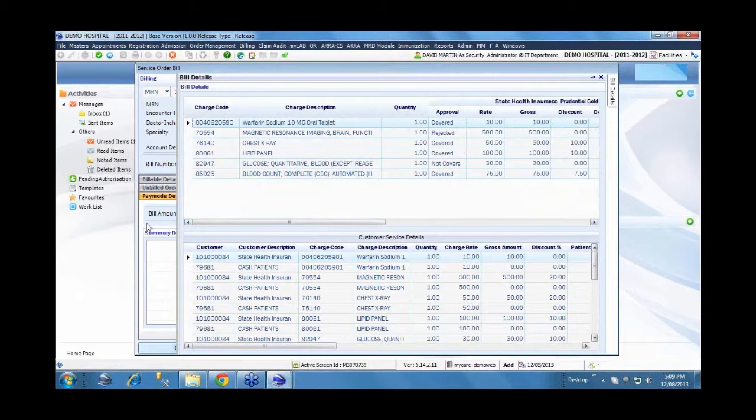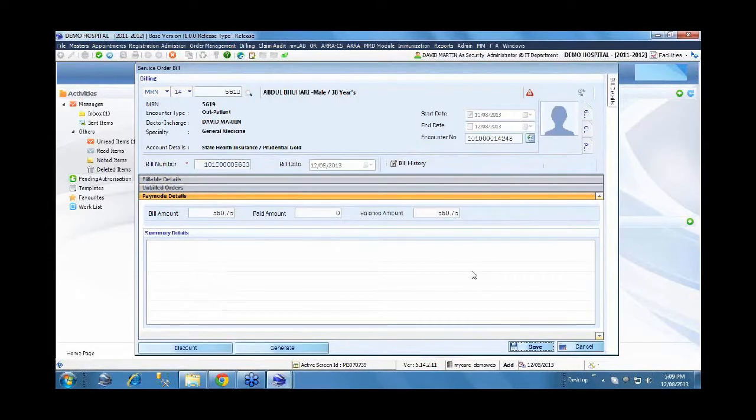Now I will save the bill. As you saw in consultation, there will be two receipts raised, one for the insurance and another for the cash. I will make the collection against this bill. Then we will get into the approval workflow: how the approval request goes to the insurance company, and how the approval received from the insurance company can be captured in the system, full approval, partial approval, and those aspects.